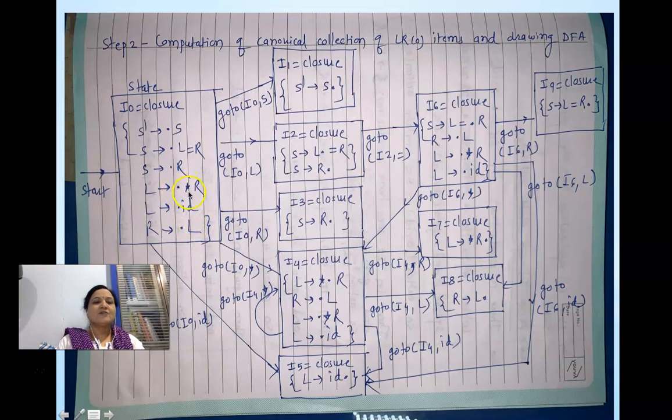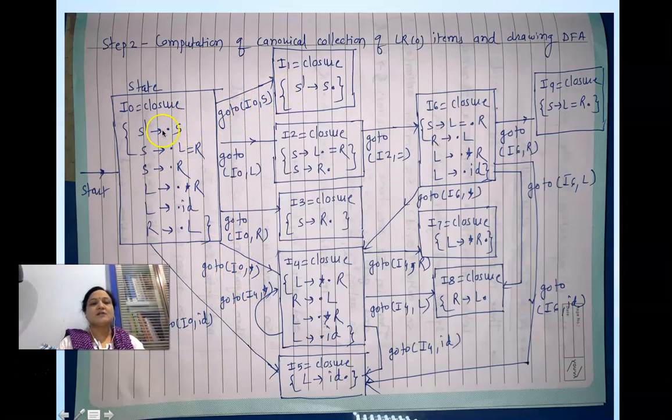Now, see here, after the dot a terminal is there, so we cannot expand the closure further. Here also after the dot ID is there, so we cannot expand the closure further. So, we are having 6 productions in I0. Now from I0, when we go to the next states, we have to see which grammar symbol is after the dot. It can be a terminal, it can be a non-terminal. So after the dot, we have the symbols S, L, R, star and ID, on which we are going to have the transitions in the DFA. So by shifting the dot, we can have a transition.